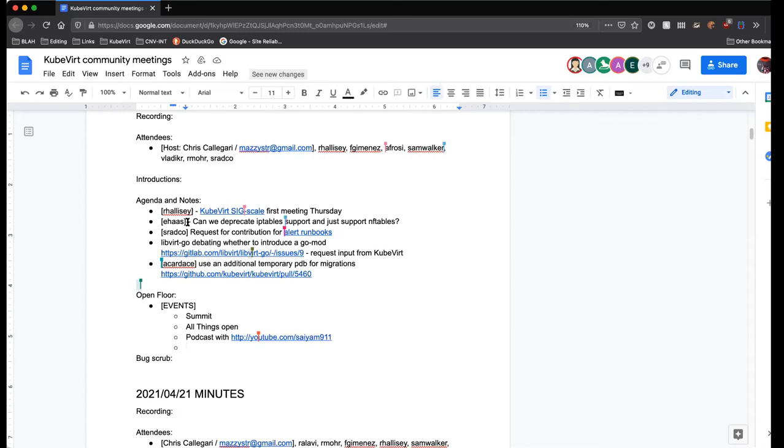Okay. Next topic is, can we deprecate iptables in favor of nftables? So nftables is the next thing, deprecating iptables in most places, and it already exists in Fedora, RHEL, or Red Hat products, and recently I also saw it in Debian.